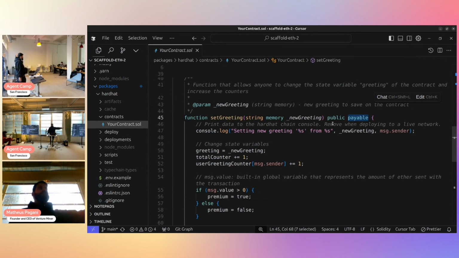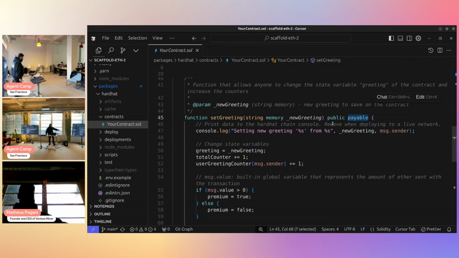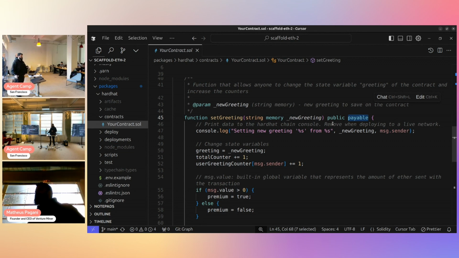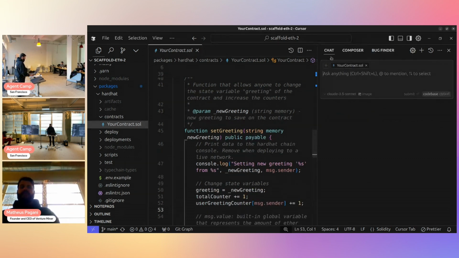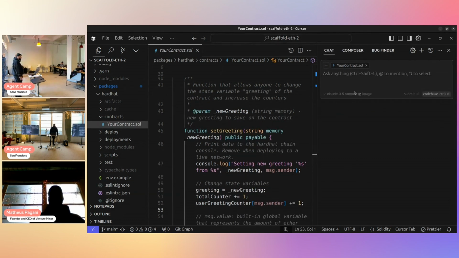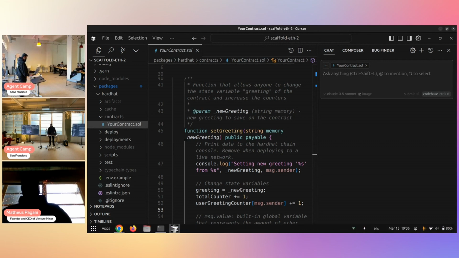This is a very common point of resistance when people get to Solidity. The function definitions are very weird. By the grammar of Solidity, it is that weird. After a while, after a few days, weeks, months, you get to understand why and you get used to it. I had that resistance when I started. But then we can combine the powers of Cursor, for example, picking this your contract here, and I can start asking questions.